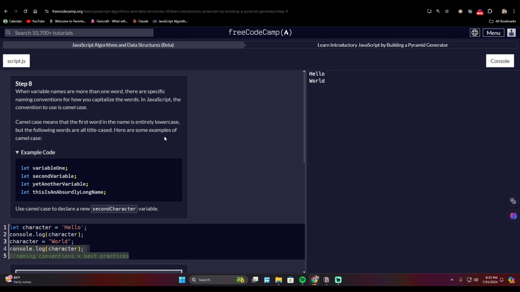Here are some cases of camel case. So we have here the first letter of the first word is lowercase, and the first letter of the second word has a title case, which is an uppercase, the first letter only of the second word. So, yep, that is how it looks like in camel case. Lowered and then